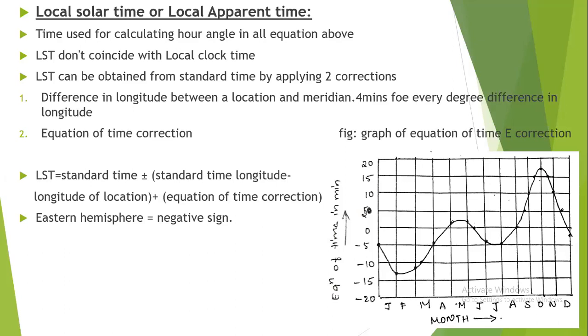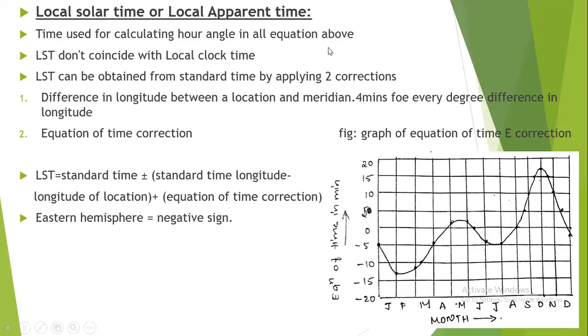The second correction is due to the rate of rotation of the Earth's orbit and the small perturbations we get in the Earth. Because of these small movements, we have this correction. This correction is called the equation of time correction, because of the two reasons I have said. What are the two reasons? The Earth's orbit and rate of rotation are subjected to small perturbations, so we get this correction.